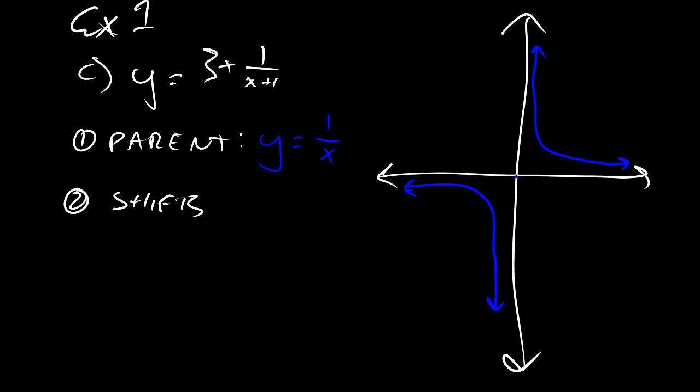And what are the shifts? Well, if we have y is equal to 1 over x plus 1, our 1 is attached to our x. So we know it's going to be a horizontal shift of how much? Oh, it's positive 1, doing the opposite of what I think. I'm going to go left 1. And now, if I have y is equal to 3 plus my quantity, 1 over x plus 1, it's added